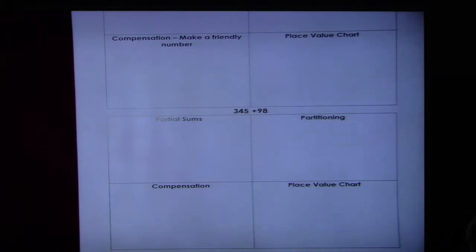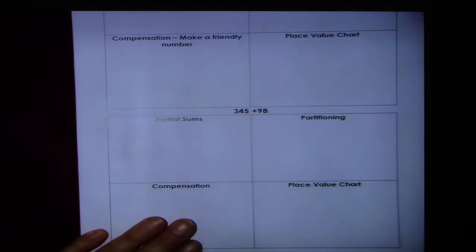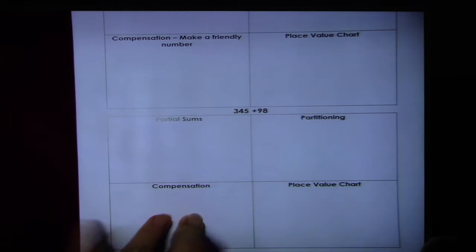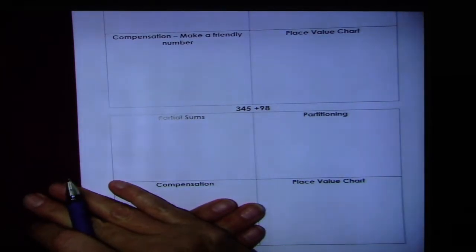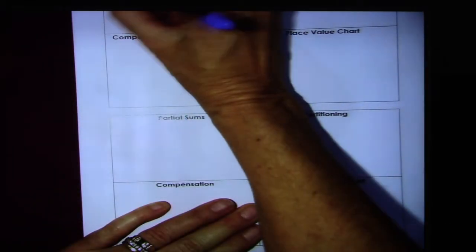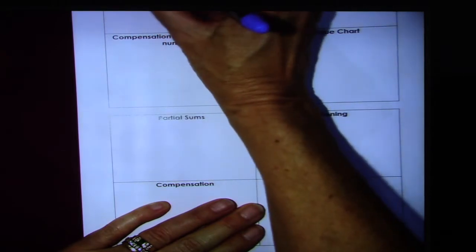You are being brought through at a whirlwind pace. Please be aware the kids are doing it with manipulatives first. They're doing it with lots of practice and a lot of talk first. So partial sums, if you want to go back and look, that's where we break both numbers apart. So if I have 28 plus 43,